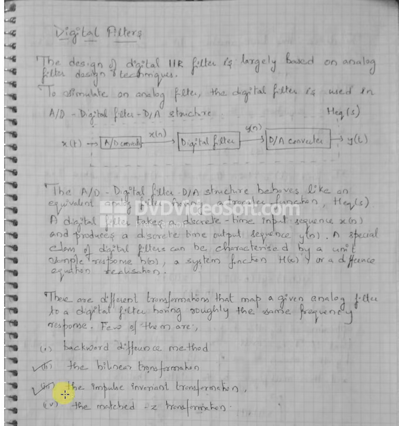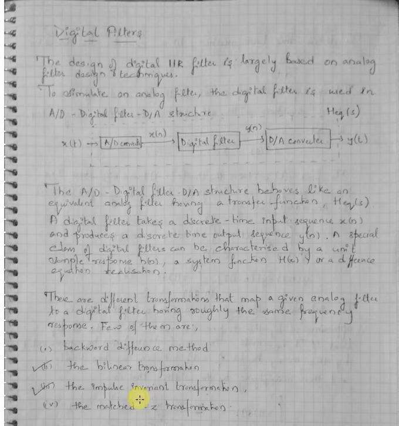Okay, so it is essential that you know so far what we have done in order to go with these methods. Okay, so whatever specifications that they have given, from that we are designing an analog filter. That is nothing, we will get an analog transfer function, and the transfer function we are transforming it to a digital one. Okay, using two different methods. One is the bilinear transformation, another one is an impulse invariant transformation.